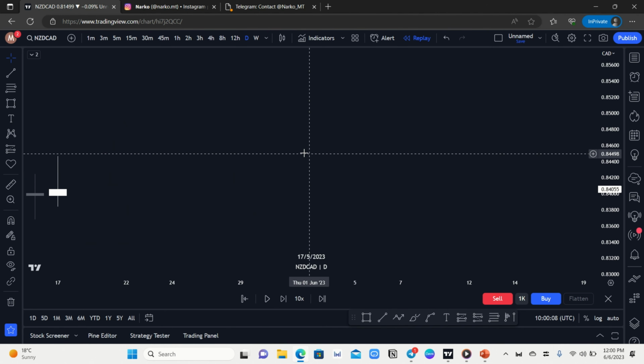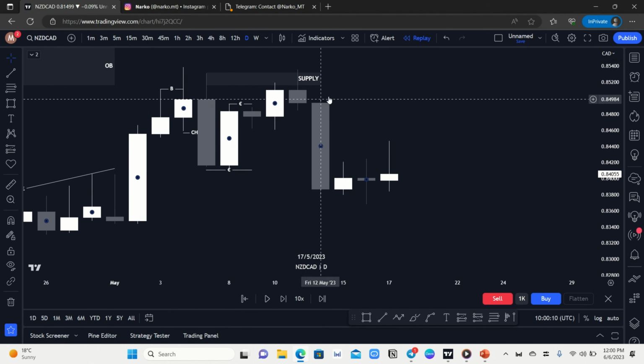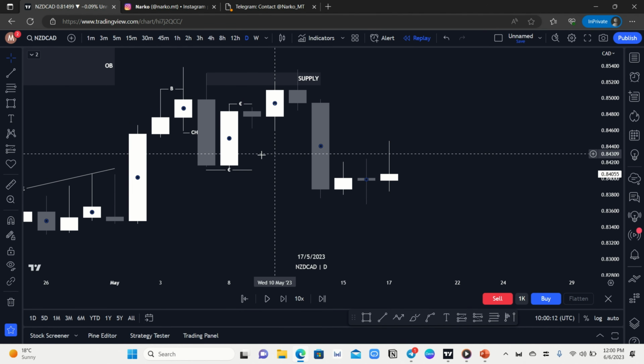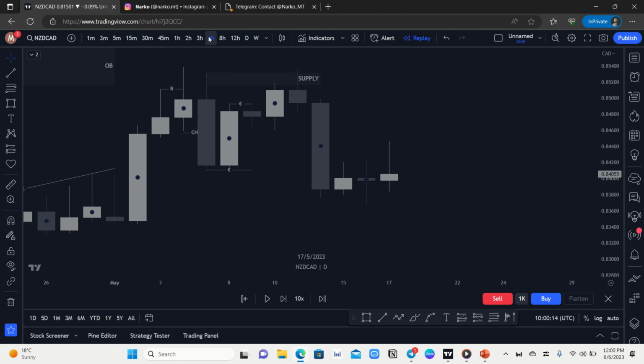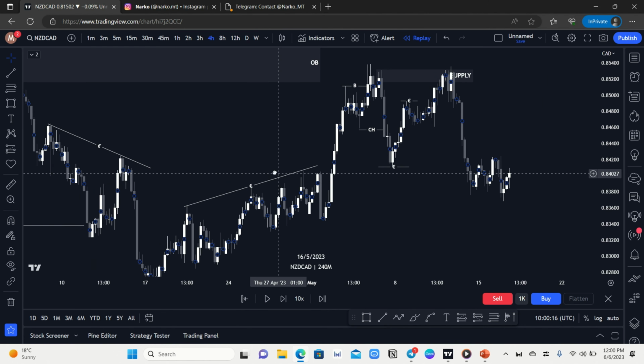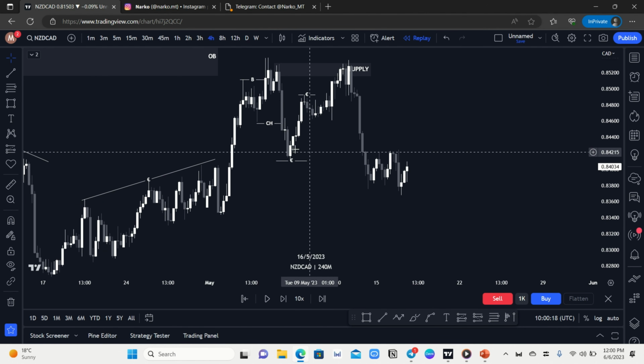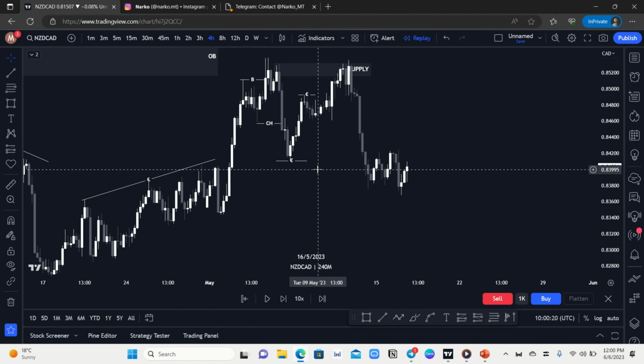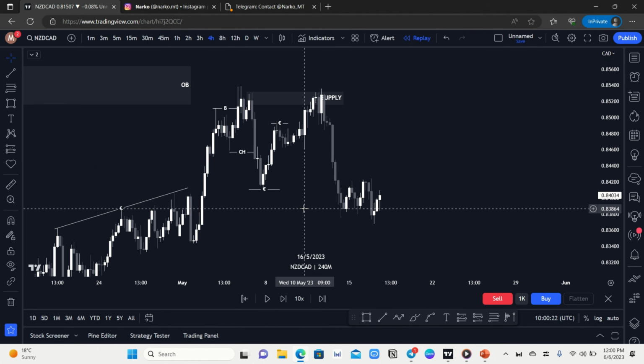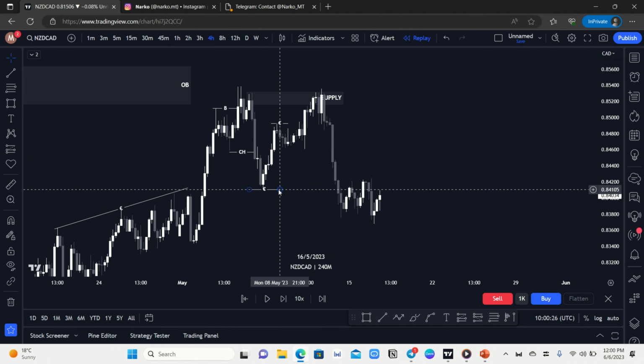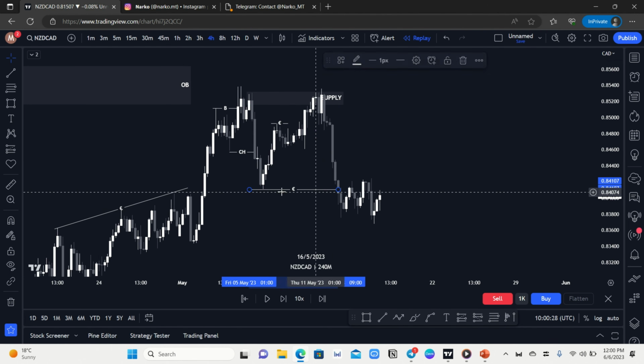Okay, now we have something like this. Now we know that this external range liquidity has been swept out. Immediately when we have this here, we know that this here now is going to be our break of structure,